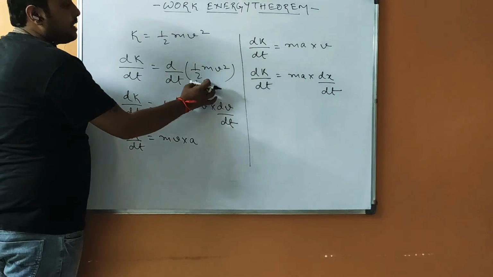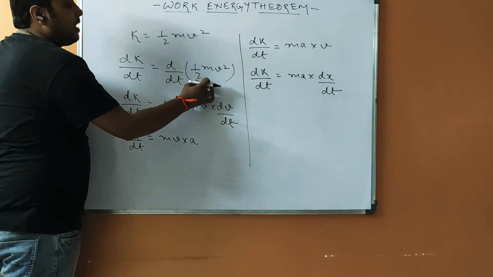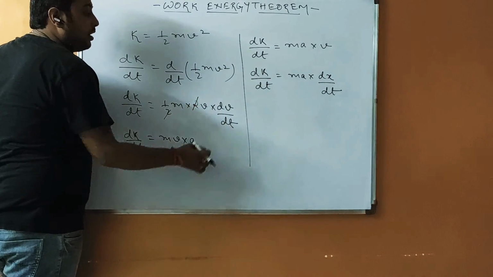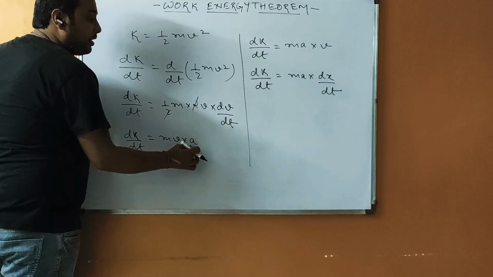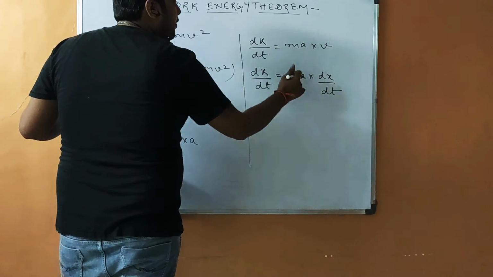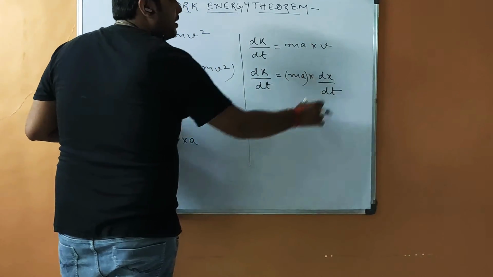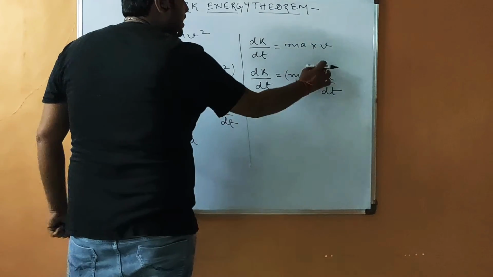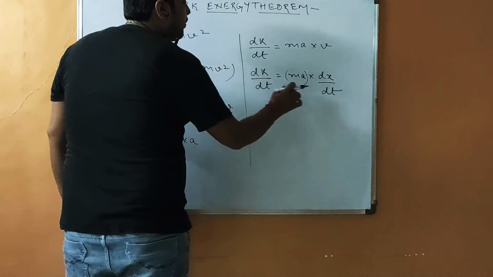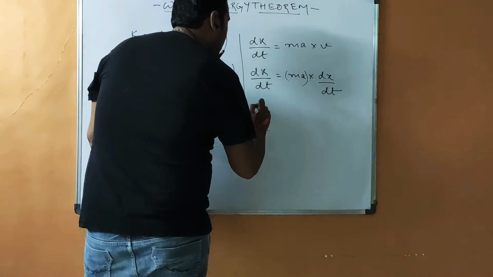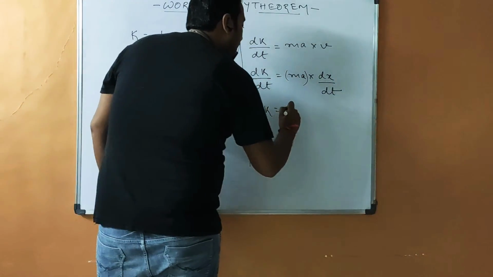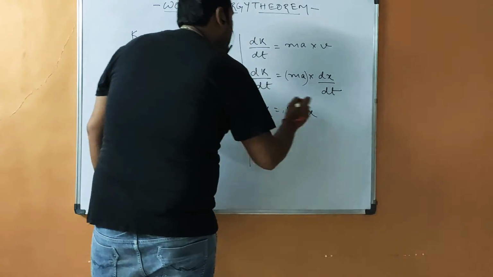Just see the mistake I made here, before I explain it once again. The differentiation of v square will be 2v, then applying the chain rule, into dv by dt. And dv by dt is a, acceleration. So m into v into a, then m into a into v. I have put this here, and v can be written as dx by dt. Now, on both sides there is dt, they can't be cancelled out, but we can remove it from both sides. So we get dK is equal to, what can we write in place of ma? Force, yes. F into dx.